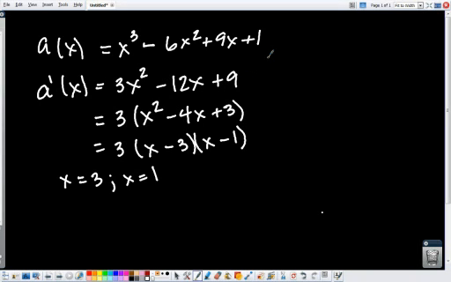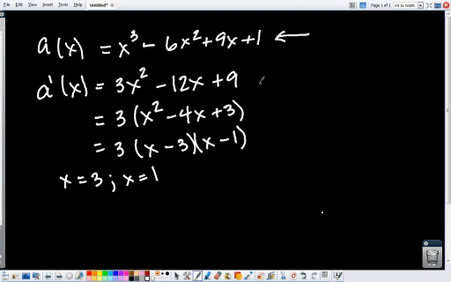Alright, so we've been working on sketching functions, so I'm going to sketch this. You'll notice a of x is cubic, so at most the graph will touch the x-axis 3 times. And I know how to factor this, but you don't know how to yet, so we're not going to. We're going to let the first and second derivative do the work for us, since this would be very time